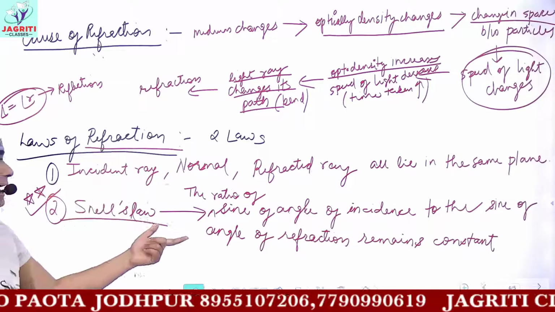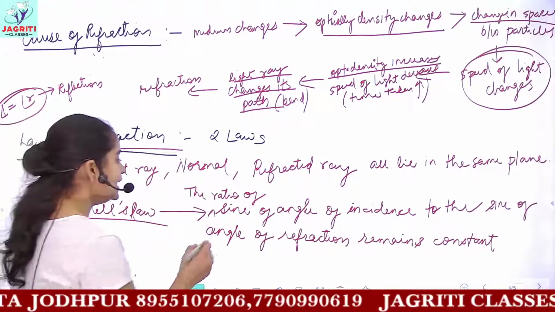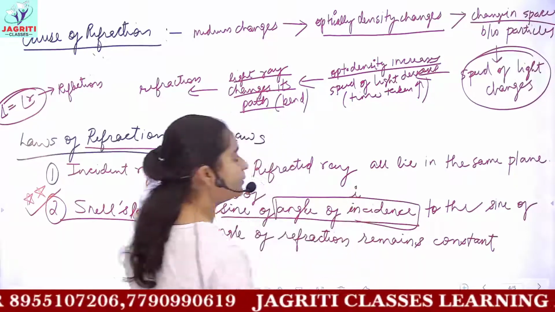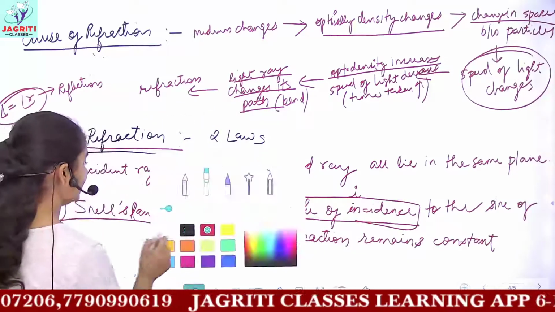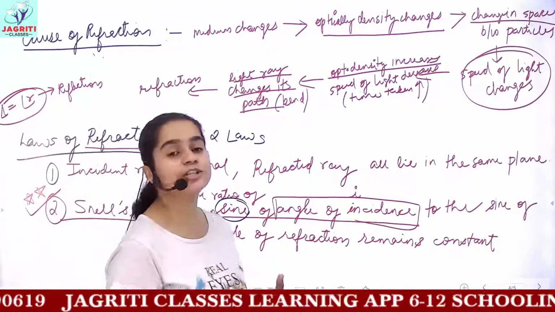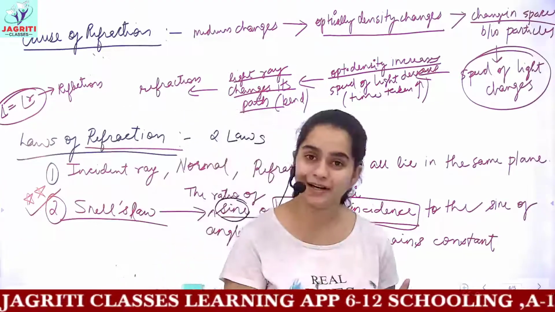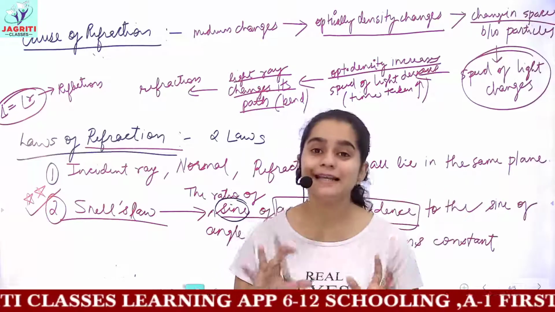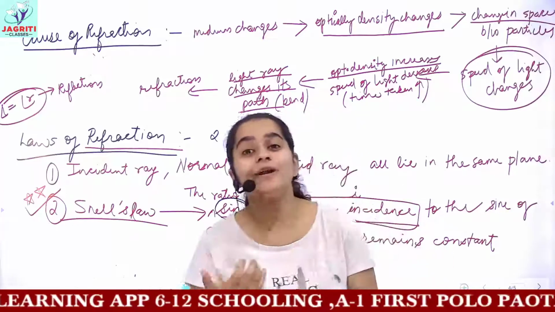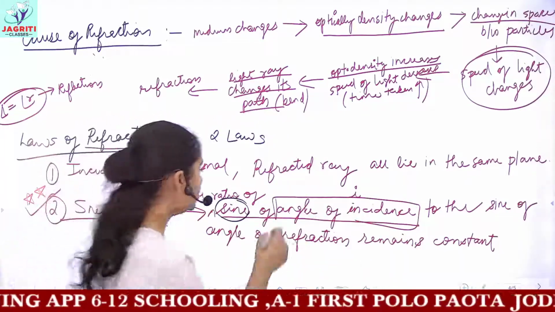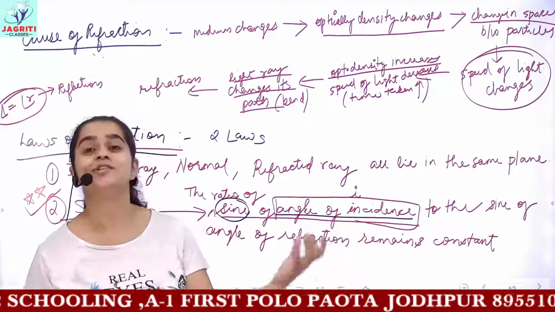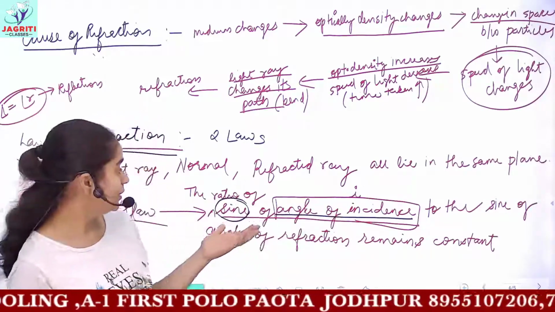This law states that the ratio of the sine of the angle of incidence. The angle of incidence, you all know, is denoted by small i. What do you mean by the term sine here? In your next class, you will be reading a branch of mathematics called trigonometry. And in trigonometry, you will be dealing with certain parameters which are put before an angle. I am telling you about a new branch of maths which you will be reading in your classes.